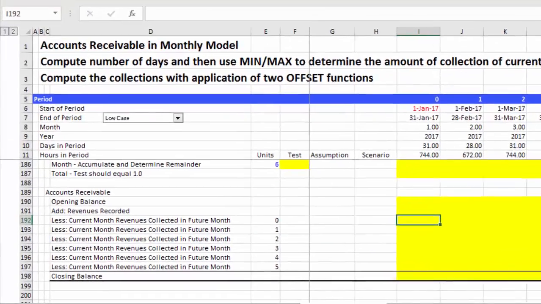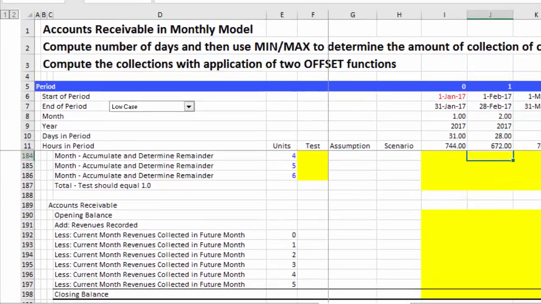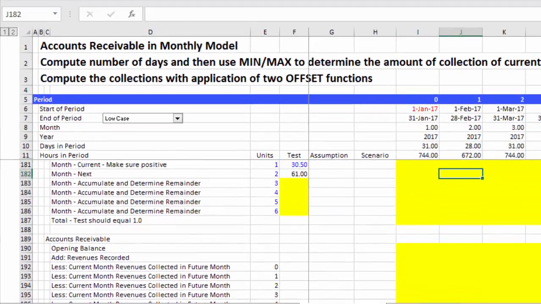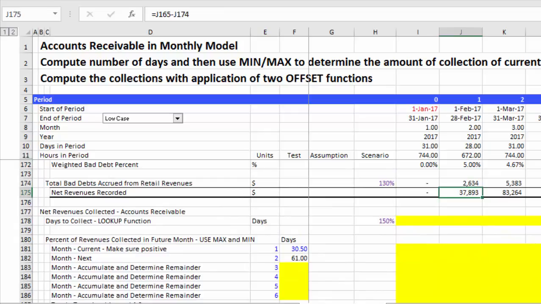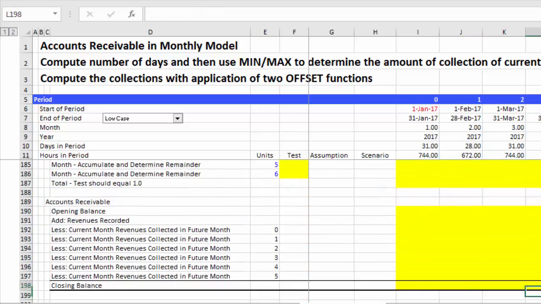We're going to say, okay, if it's 0, we collect it this month. If it's 1, then we take this amount we had up here and we push it to this month. And then we have to do the same kind of thing with the revenues and see how many revenues we're collecting in the future month. It's going to be an application of 2 offset functions. So this is again an introduction, and then it's going to move to the boring, detail by detail